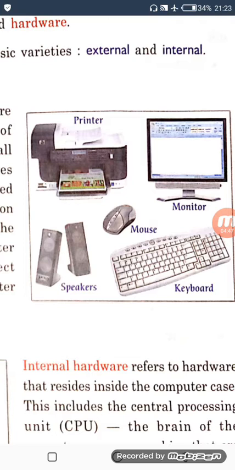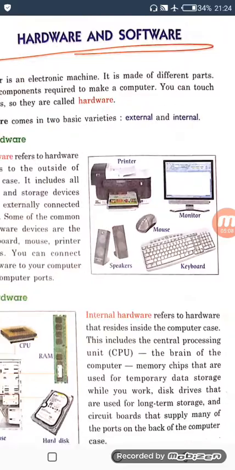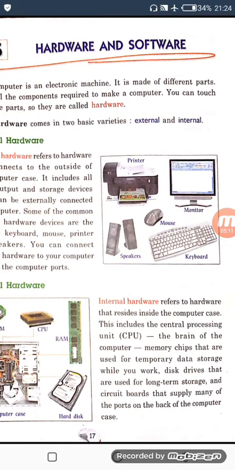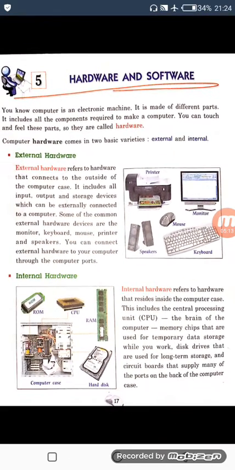But there are some devices that are used inside this, which cannot be seen, and we call them internal hardware, which can be touched only when we open our device. Otherwise they cannot be seen by the outside world. They are there, but they cannot be seen.